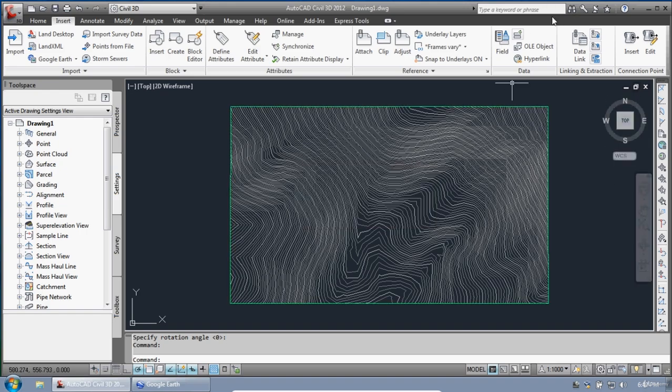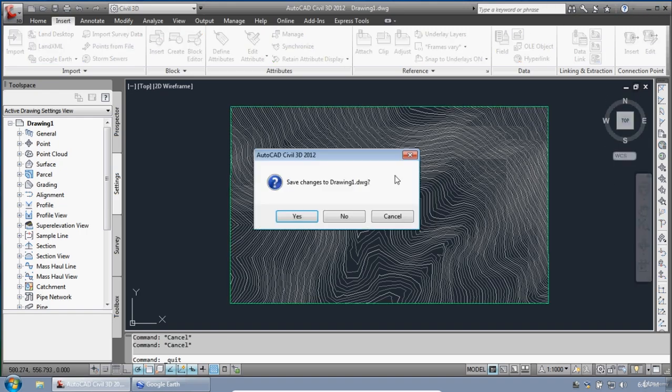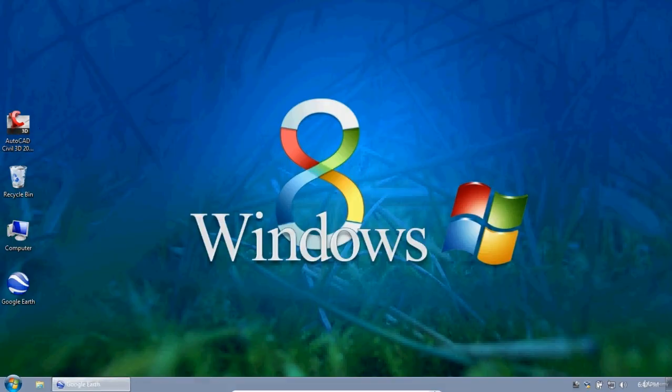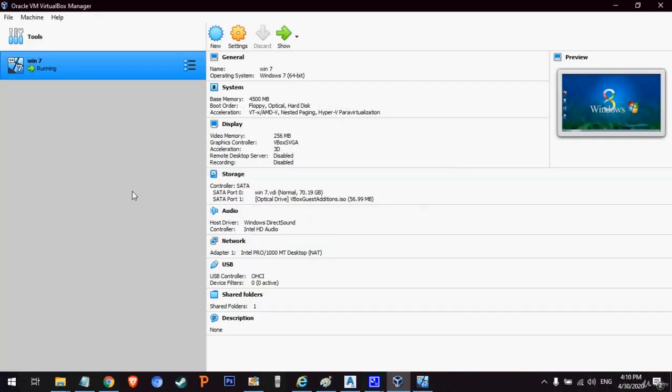As I told you, this is an alternative way to use AutoCAD Civil 3D 2012 without any problems by installing VM VirtualBox. So this is all for this video. I hope you've understood what I just said. Try to know what I mean about it. So it's up to you to choose your